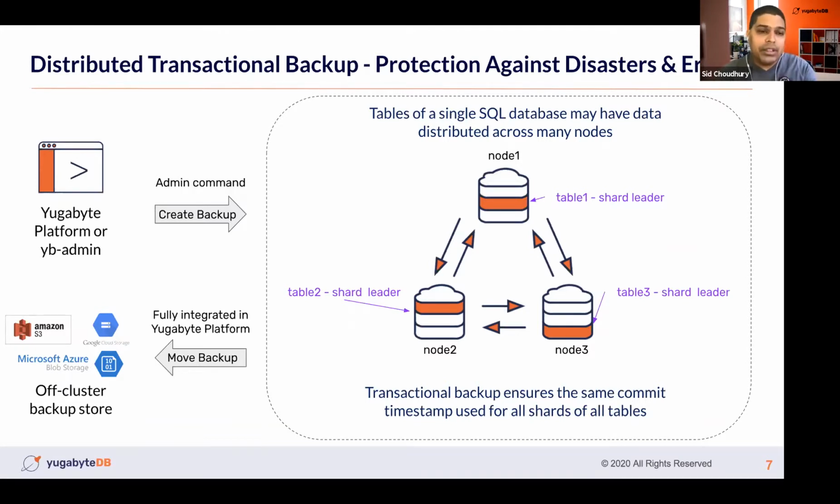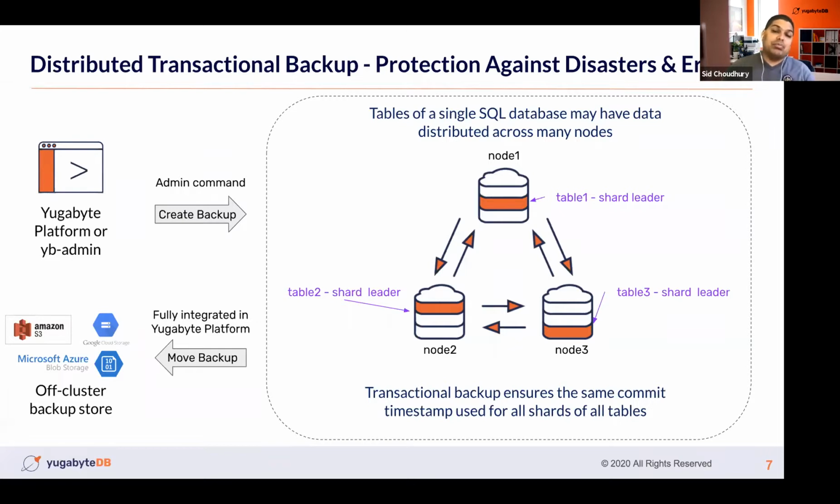You have the administration software or tools, like Yugabyte platform is an administration software. YB-admin, which ships inside the open source package, is another admin tool. Using these tools, you will send a create backup command into the database cluster. What the database cluster does is then, since it knows that for a single SQL database, there will be tables, and those tables will have shards, and those shards will be